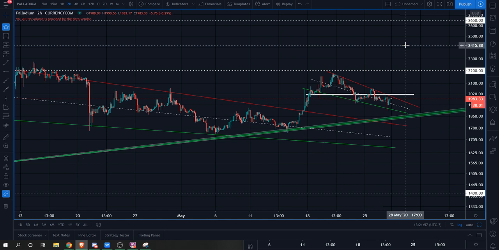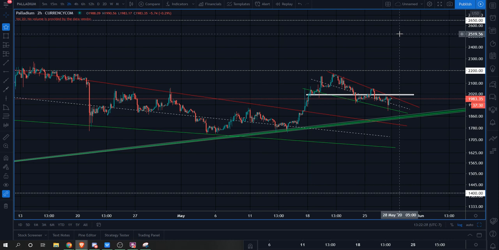Now this trade is going to be a swing trade, so we can't obviously know exactly what's going to happen in the future, but this is more of a risk on environment trade, where if you're assuming that things are going to potentially get better, this is a long for you. But if you're assuming that there's going to be a second wave, it's going to get worse, there's going to be more lockdowns, there's going to be worse economic turmoil ahead, this might not be the best trade, because if you are viewing the market in that